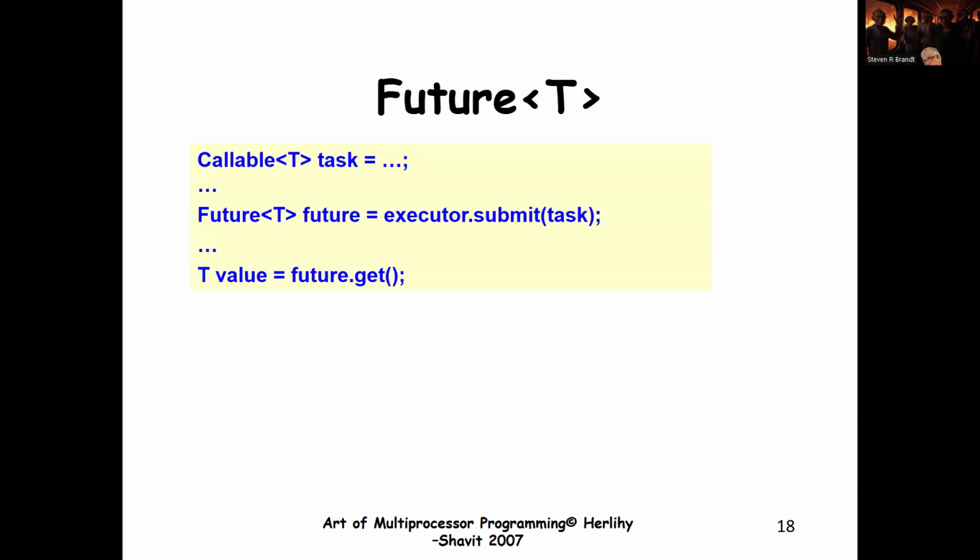If you haven't heard of it already, a future is a proxy for a value that is yet to be computed. So when I say executor.submit task,